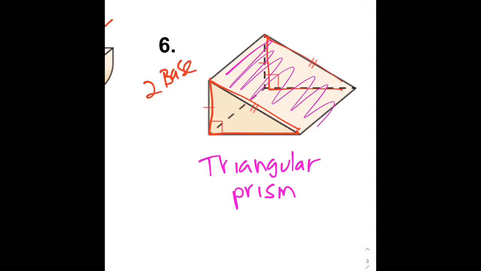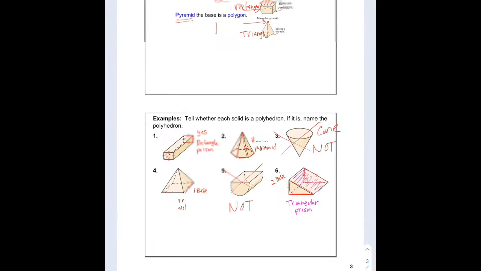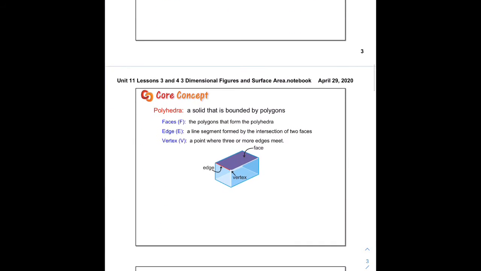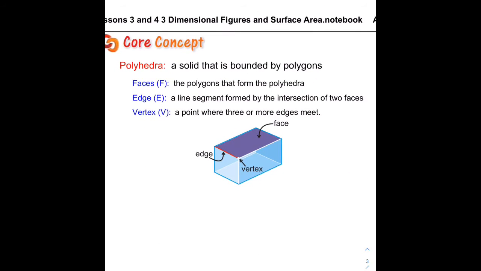All right, so let's move on and talk about the parts of a polyhedra. A polyhedra is a solid that is bounded by polygons. So your faces are the polygons that form the polyhedra. If you think of a box, each of the sides of the box is a face. The edge is where two of those sides come together. And the vertices are the points that each of them make when they join up with another side of your